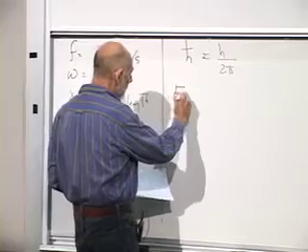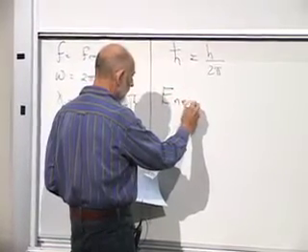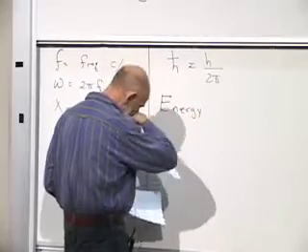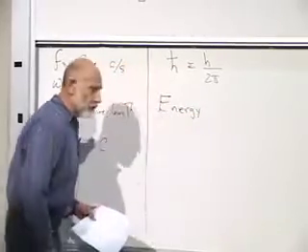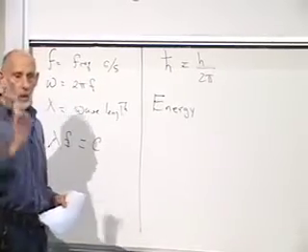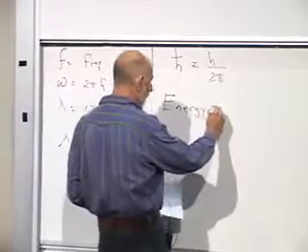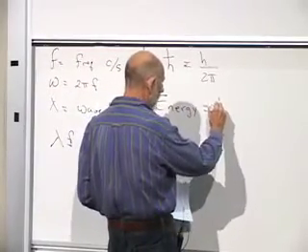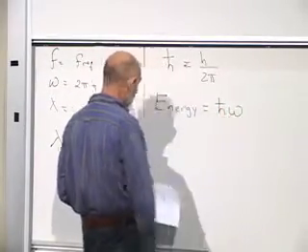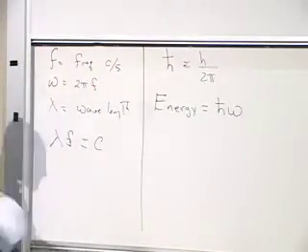The energy of a single quantum, energy. Now this is not the energy of an electromagnetic wave. This is the energy of one quantum of the electromagnetic wave. That's equal either to h bar omega, where omega is the frequency of the wave, the angular frequency of the